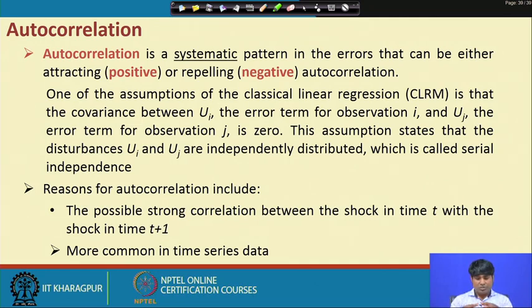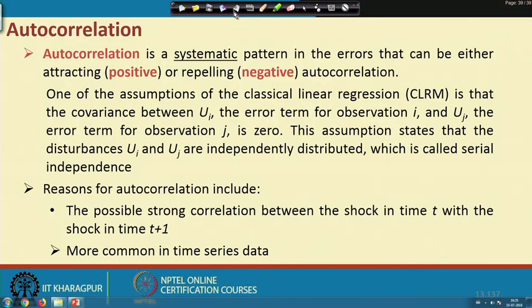Usually autocorrelation is a systematic pattern in the errors that can be either positive or negative. That means the nature of the relationship is not so important. What is important is whether there is a typical relationship among the error terms. So, that means when we regress any kind of error terms, we will find